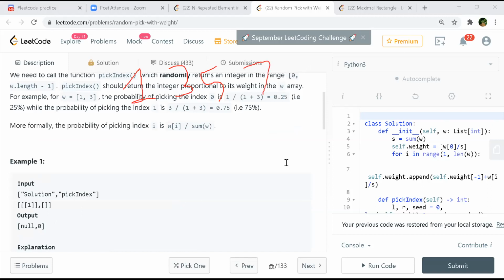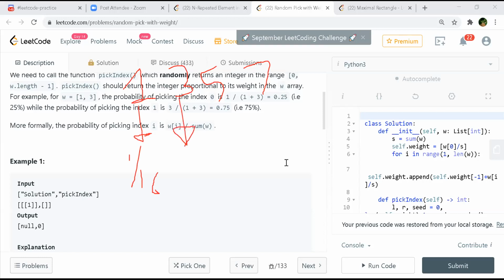I'll keep my sample space, like the universal set, as the sum of all this, that is 1 plus 3 plus 5 plus 7, 16. So for this, the probability would be 1 by 16, and likewise it will follow 3 by 16.